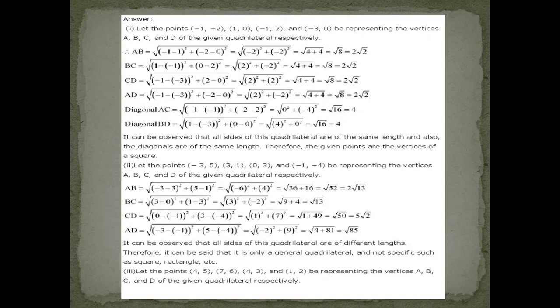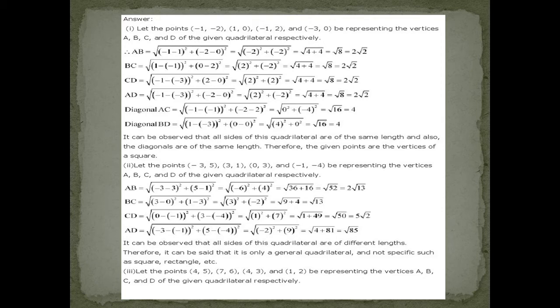There we can see the properties of quadrilaterals. You are supposed to remember carefully how to verify a particular quadrilateral: a square, a parallelogram, a rectangle, a rhombus. So briefly I'll tell those properties once. If you want to verify that a quadrilateral is a square, all the sides are equal to each other and the diagonals are also equal to each other, so you can write that it is a square.